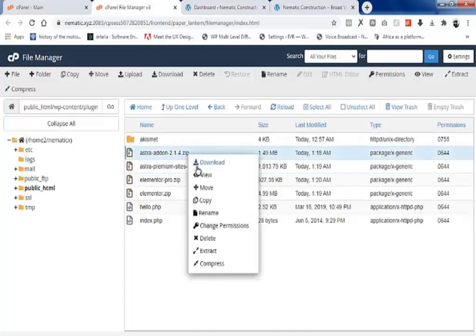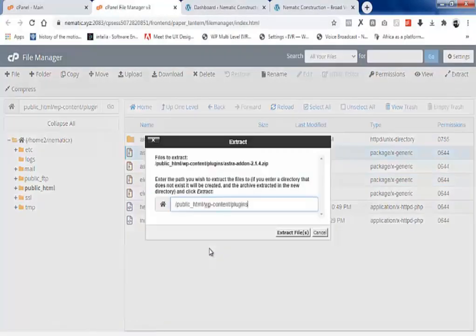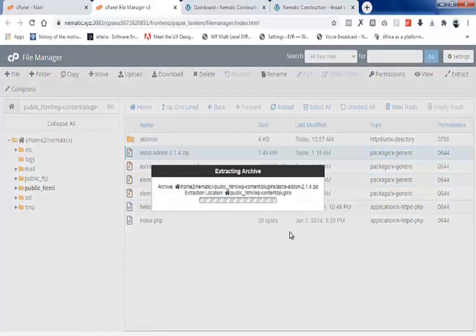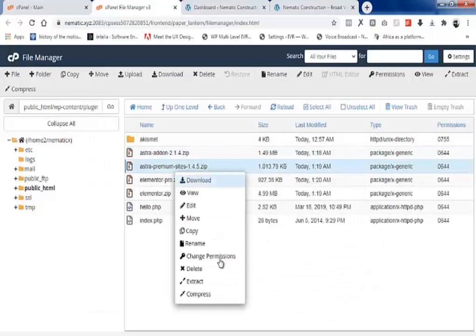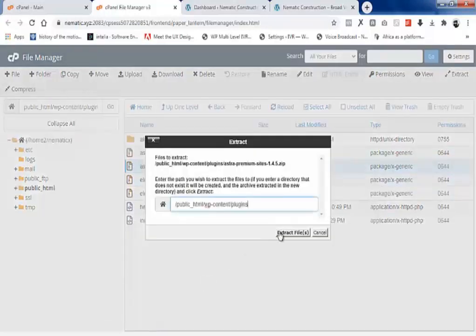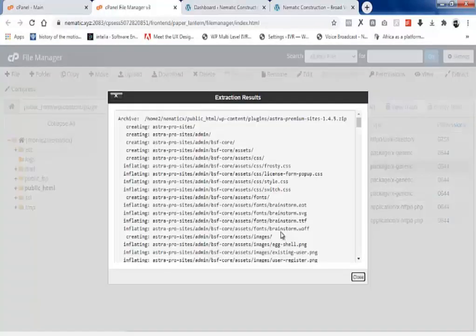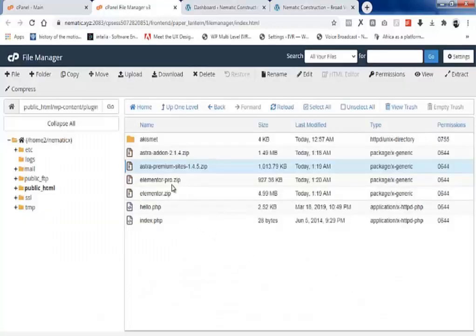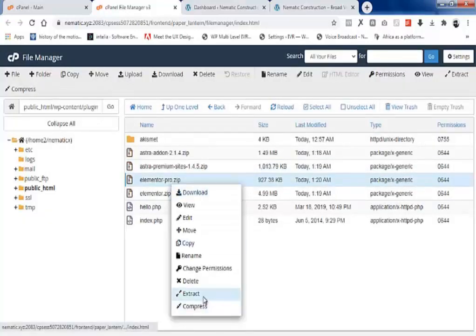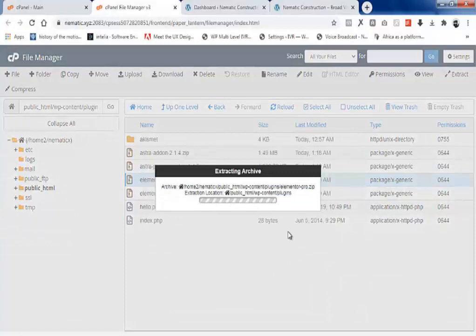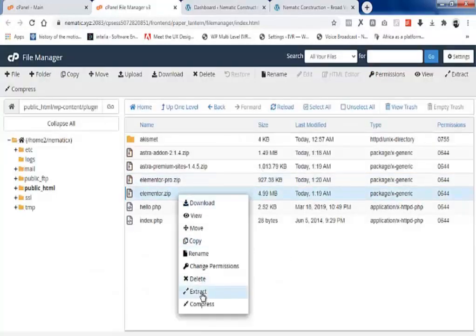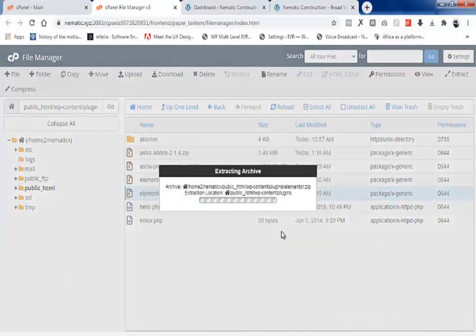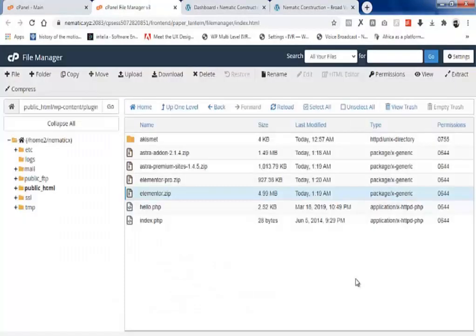I'm going to right click, then click on extract files, then close. Here I'll do the same: right click, extract files, close. Also here right click, extract files, then close. Now we've successfully extracted our 4 plugins.